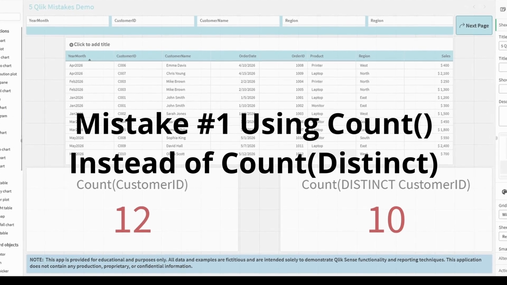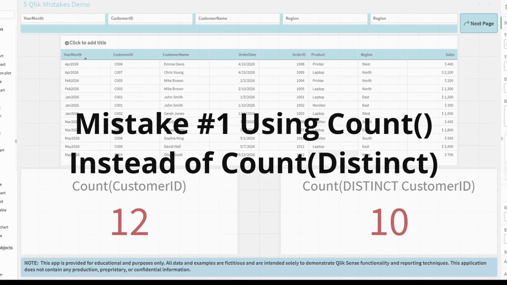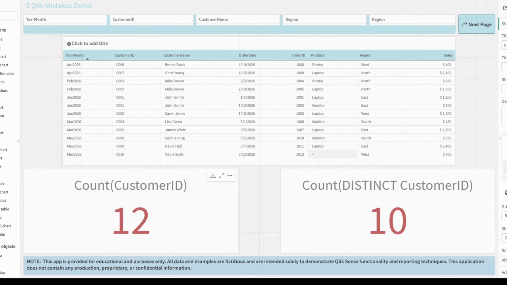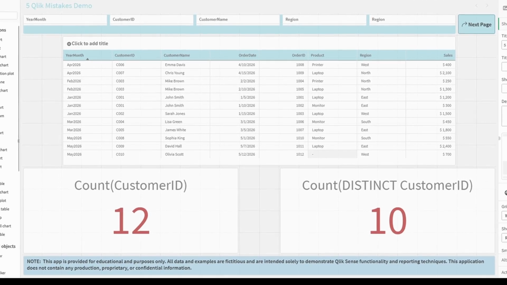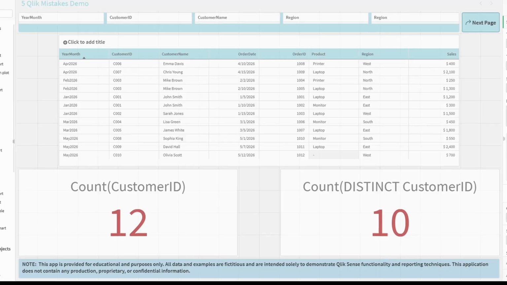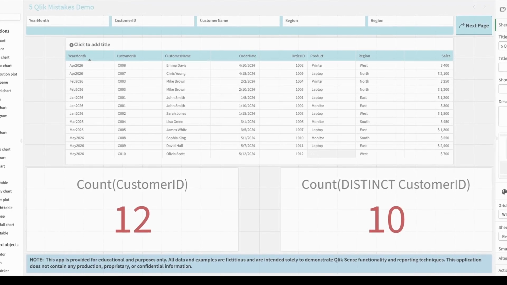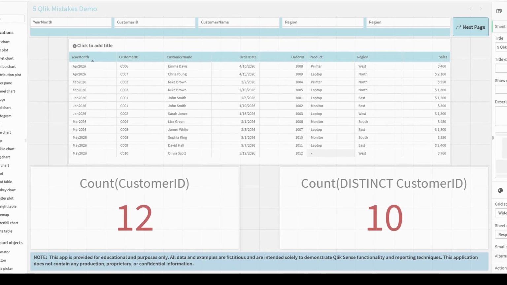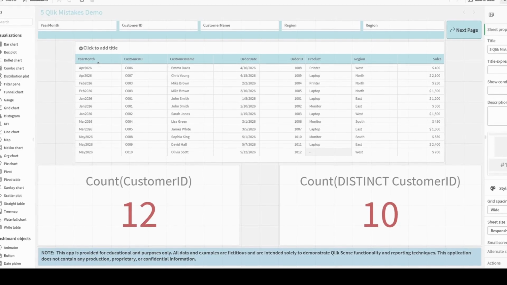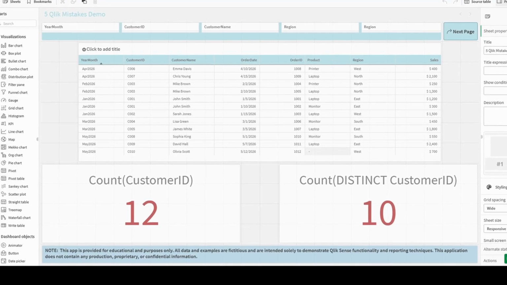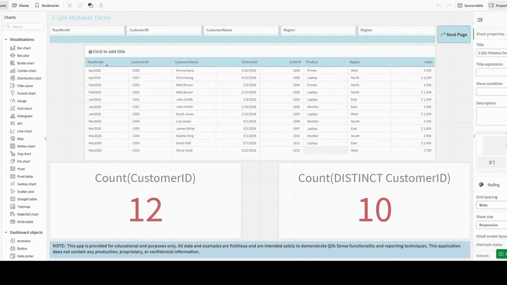Okay, using count instead of count distinct. As you can see on my screen here, one KPI is showing count and the other one is showing count distinct. Okay, so let's begin with one of the most common mistakes in Qlik Sense development. Suppose a business user asks a simple question: how many customers place orders? At first glance, it might seem reasonable to use the following expression: